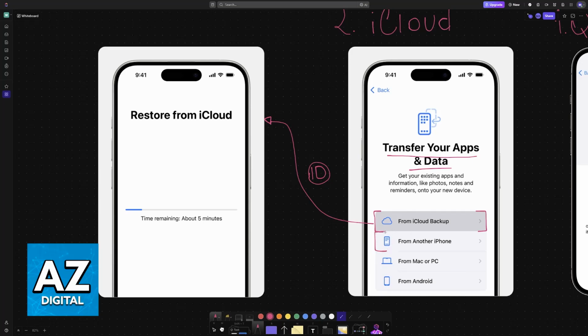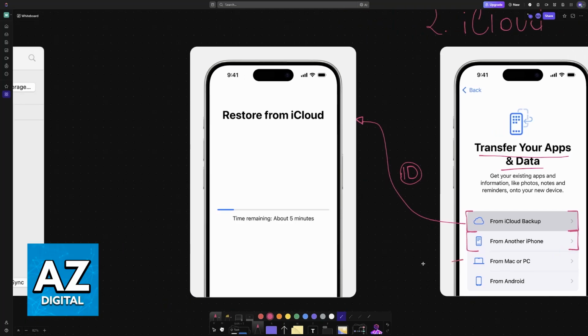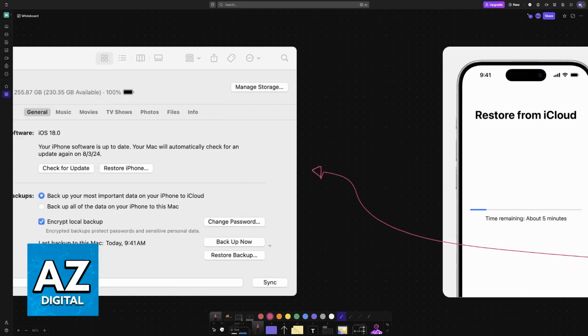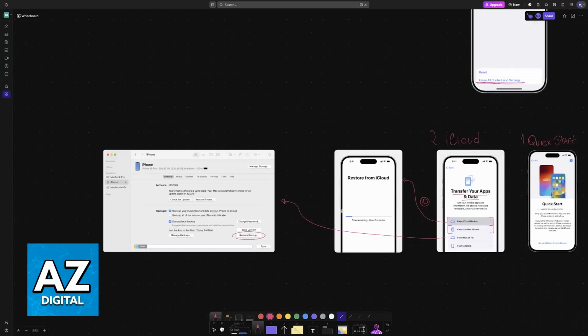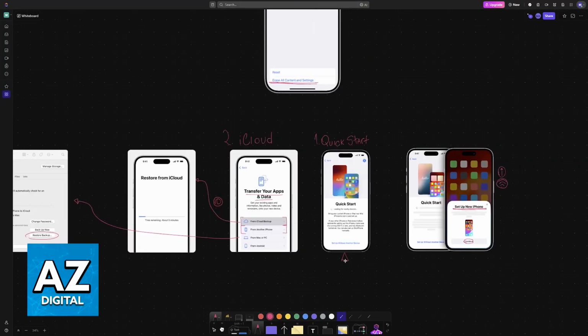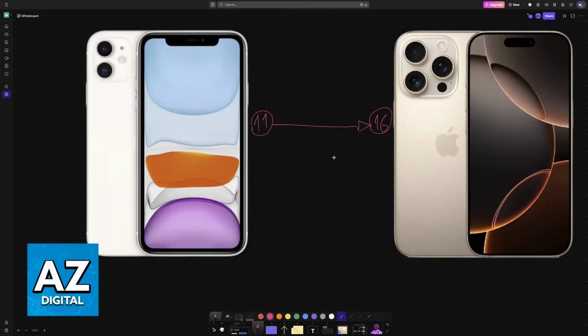You can also choose this secondary option if you still have the iPhone near you and it is going to transfer from the old iPhone 11, or connect it to a Mac or PC and use the iTunes software to do it as well. Choose whichever option you prefer. So use Quick Start for the main settings and iCloud to restore all of your apps and documents.